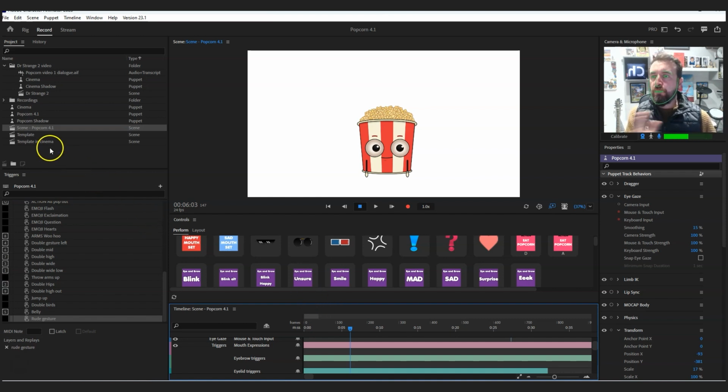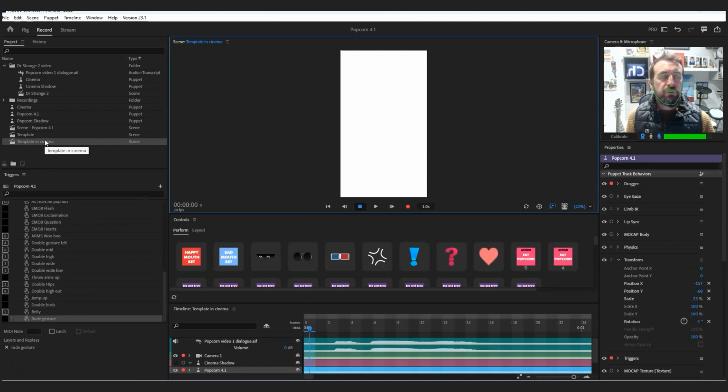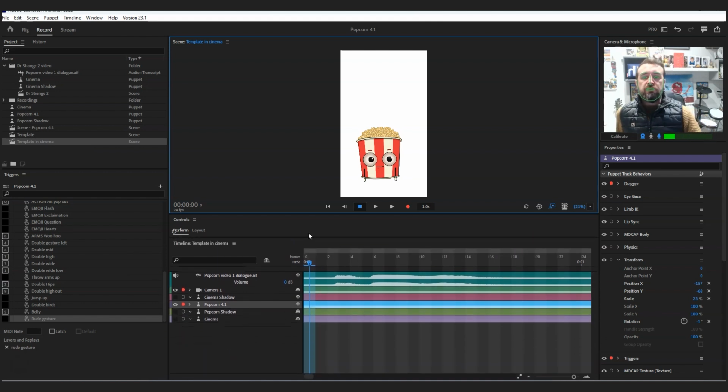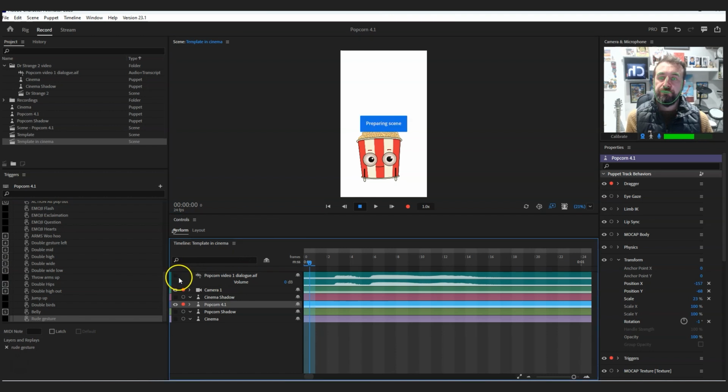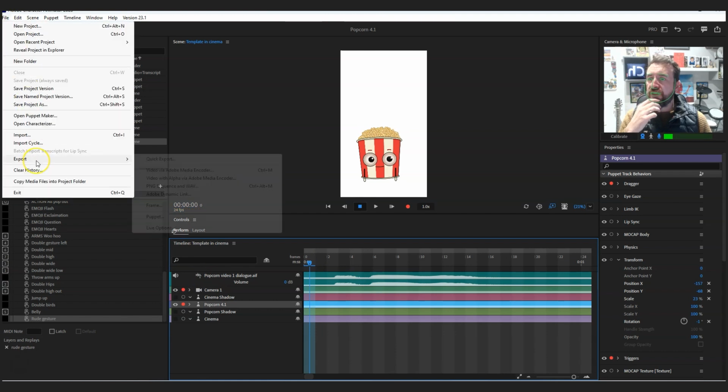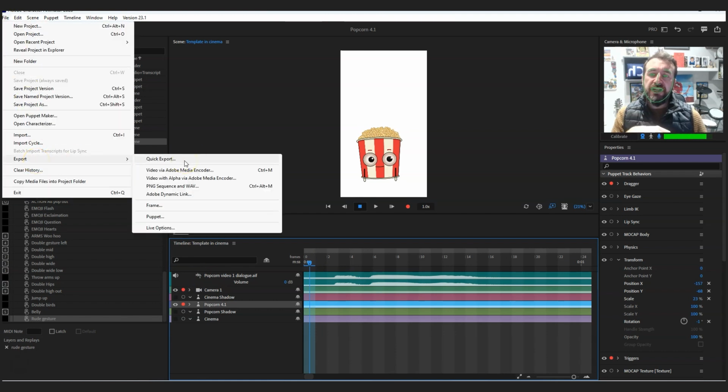But let's just say we've got everything made and you're happy with how it looks, and now you want to export it. First of all, a couple of options. Do you want to just export the character, or do you want to export the whole scene? If you want to just export the character, make sure that all the scenery is turned off and it's only your character showing. And if you want your audio going out as well, then make sure that's turned on and isn't turned off. And then, quite simply, you go File, Export, and you've got Quick Export, but I think that's